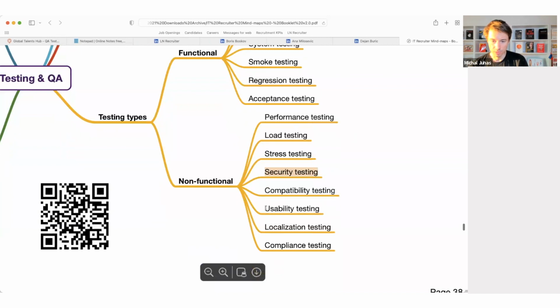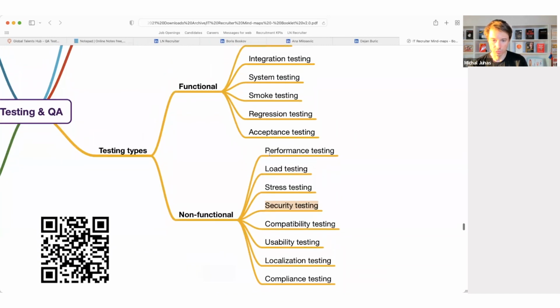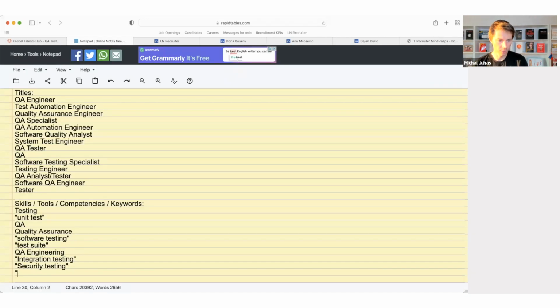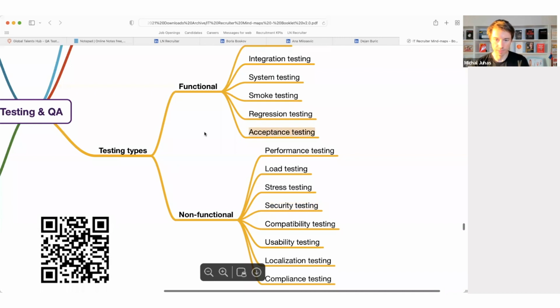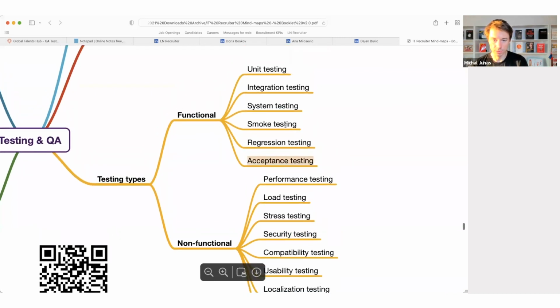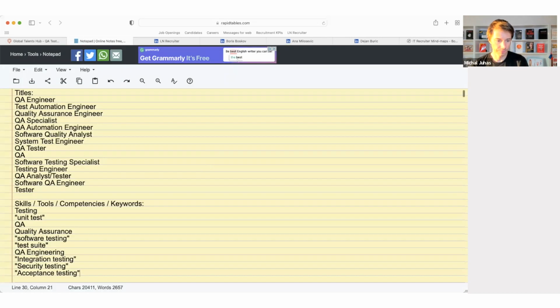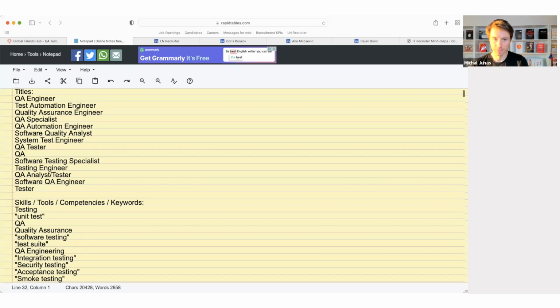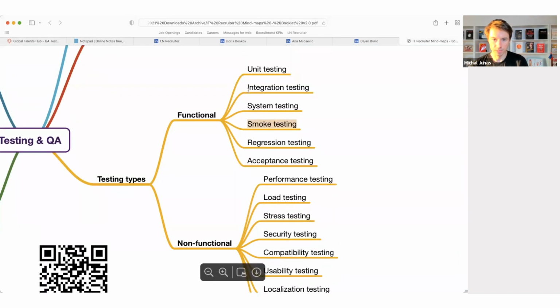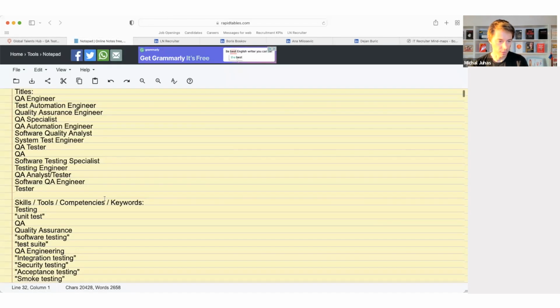How about load testing, performance testing, acceptance testing? Yeah, that sounds like a good word as well. And smoke testing, system testing, integration testing, unit testing,